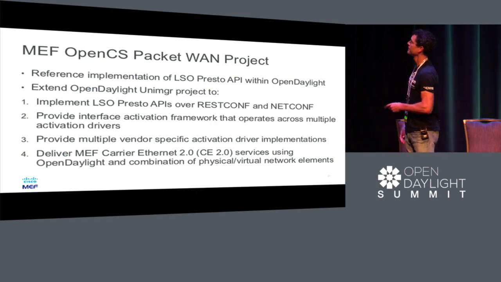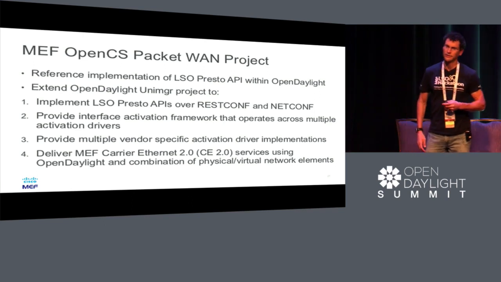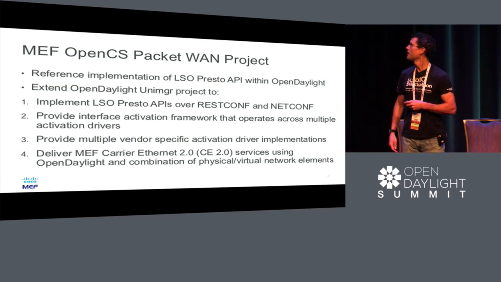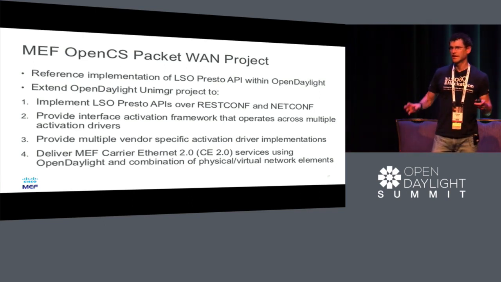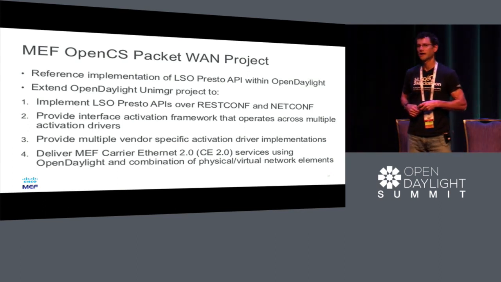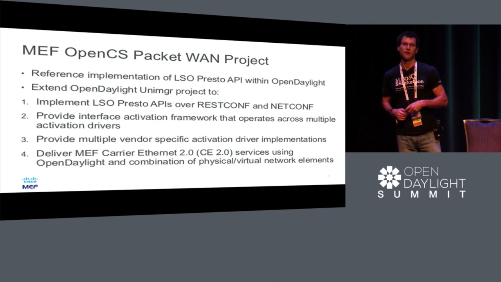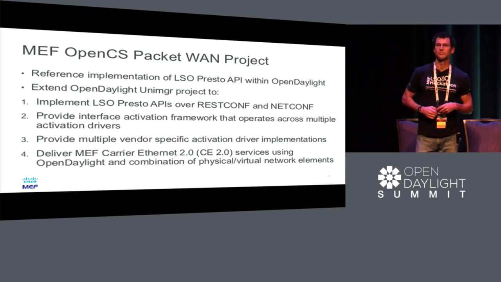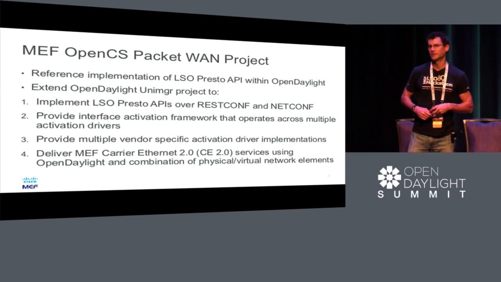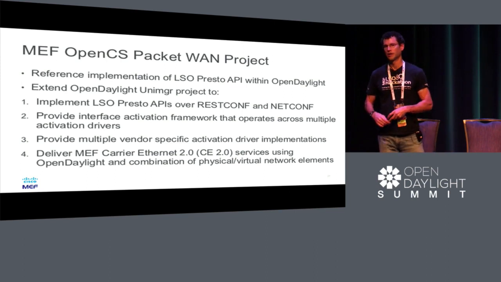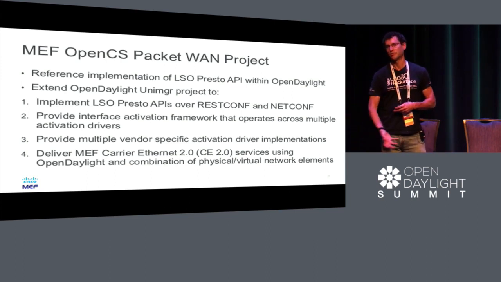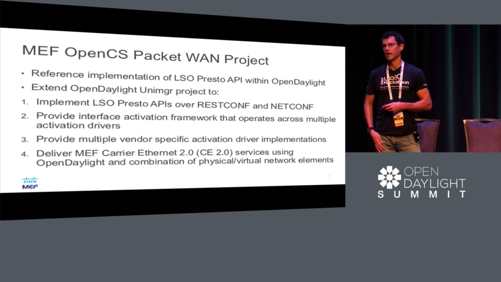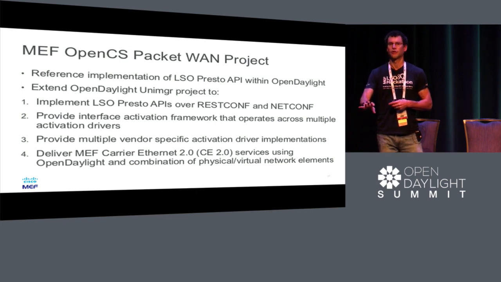And the idea, as I mentioned on the previous slide, is RESTconf and NetConf northbound, and then a framework for what we call activation drivers, a generic framework for that. And that really comes into play when different vendors have equipment that they want to plug in on the southbound side to provide the network, and they want to just write this driver